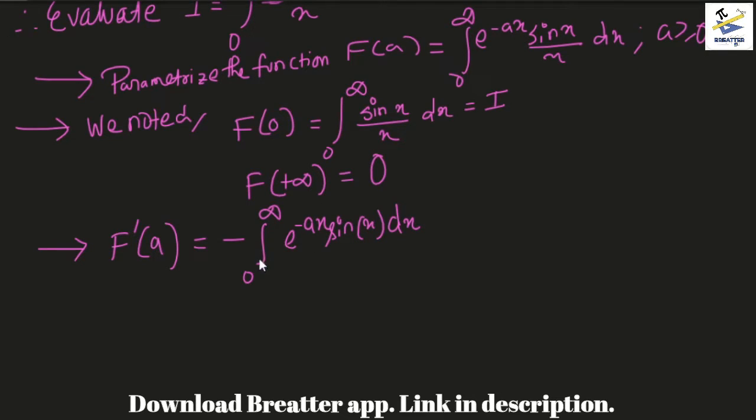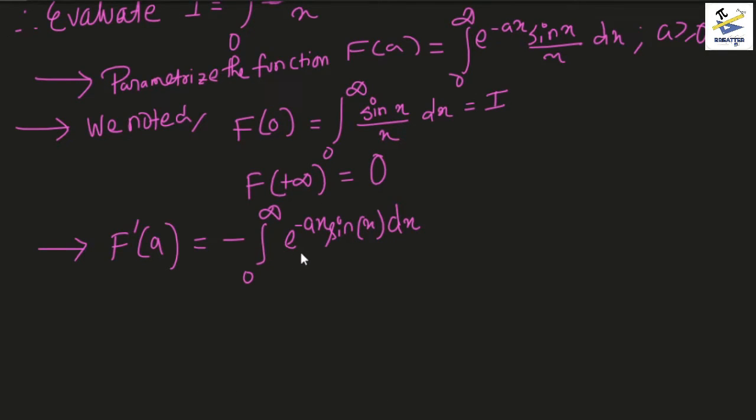So it was minus 0 to infinity e to the power minus ax sine of x dx. So this was basically the derivative for the function f dash t. Now we are required to find this integral. So let p equal the integral of e to the power minus ax sine x dx, and we are trying to find